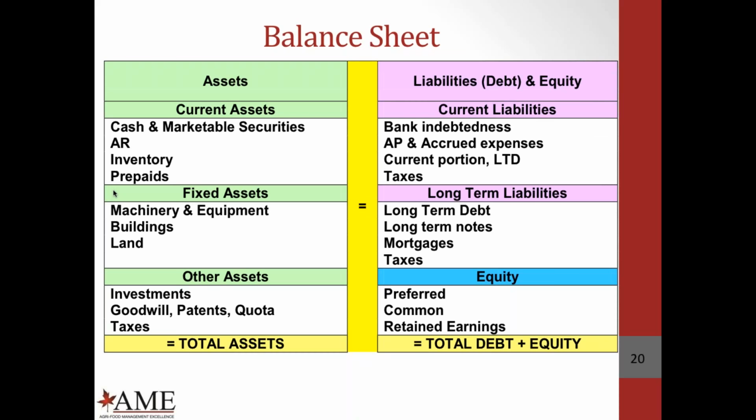So typically we take a look in terms of the current, which in terms of your assets is items that can be cashed in, that are liquid, and your current liabilities, anything that is due within that year. So whether you have an operating loan, your current portion long-term debt, your taxes, those are considered in your current liabilities. Your fixed assets, your machinery, your equipment, your buildings, your land,